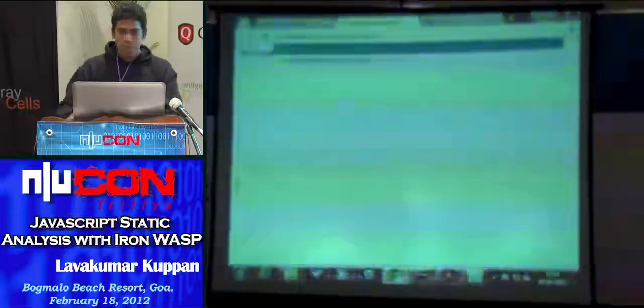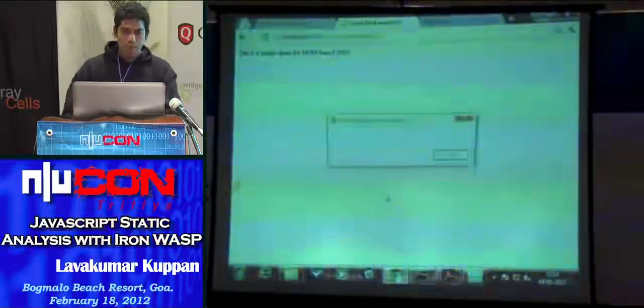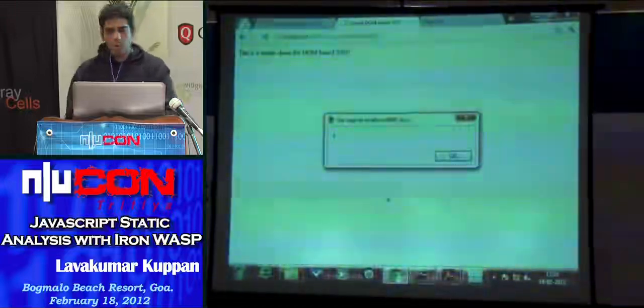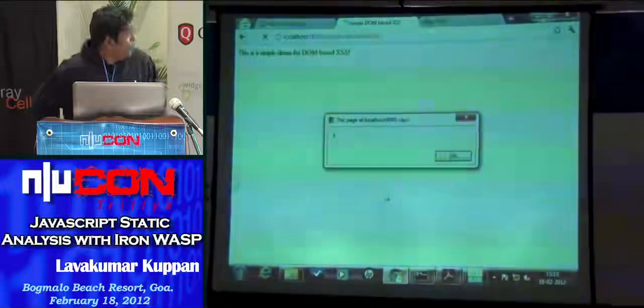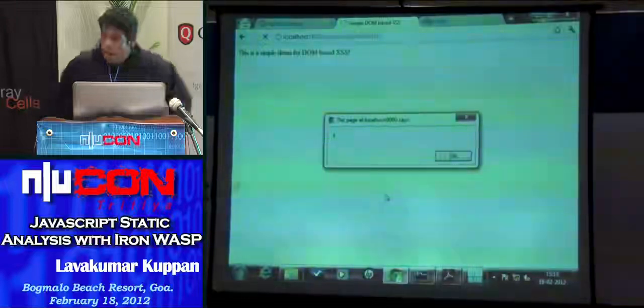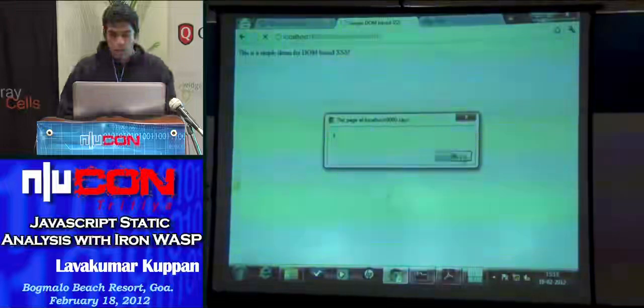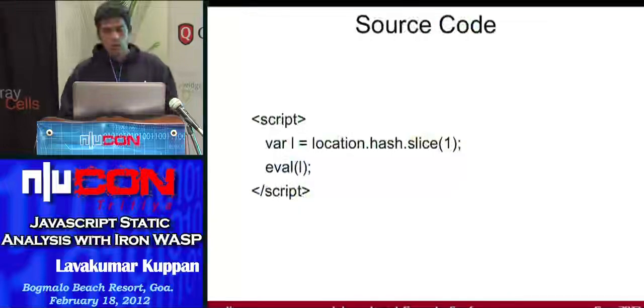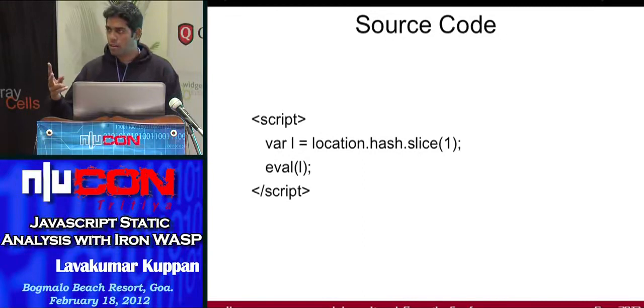A payload that we have all come to appreciate with time, which is the alert box, right? So I put in alert 1, and that command actually gets executed by the browser, right? So let's see what happened and how this alert 1 got executed. So this is a pretty simple HTML file. It's got a script tag with just 2 lines of JavaScript in it, and line number 1 is accessing